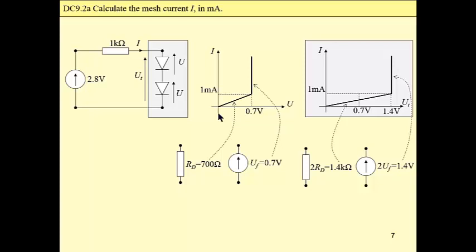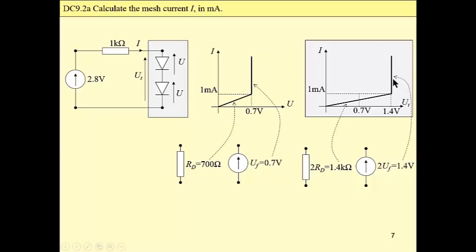for the same current. At this breaking point we have a current of 1 milliamp, and we have to add these voltages, and the obtained total characteristic of this combination is presented at the right. The breaking point now is at 1 milliamp and 1.4 volt. The first segment can be modeled by a 1.4 kilo ohm resistor, the second segment by an ideal voltage